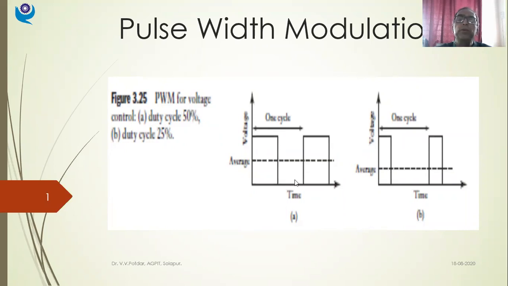So what I do in pulse width modulation, if I consider a duty cycle of 50%, is I just take the half part of the pulse. This is the complete cycle, positive and negative cycle. Out of this complete one cycle, I take the half part of the one cycle. So I am using 50% of my duty cycle. The remaining half part I have left out.